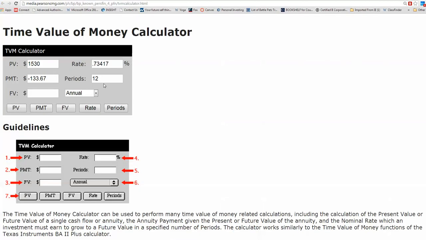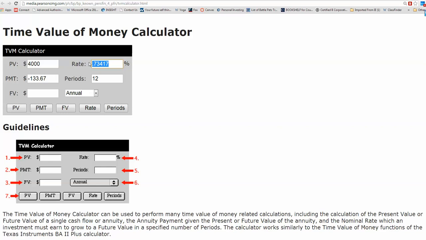I could use the time value of money calculator that I've shown y'all before, and I'm just going to show you one more time, even though this is stuff that was covered in Chapter 3. I would input as my present value the $4,000 that I'm borrowing from the store. My rate, I normally like to leave my calculators on annual, even though I know this is a monthly problem, because